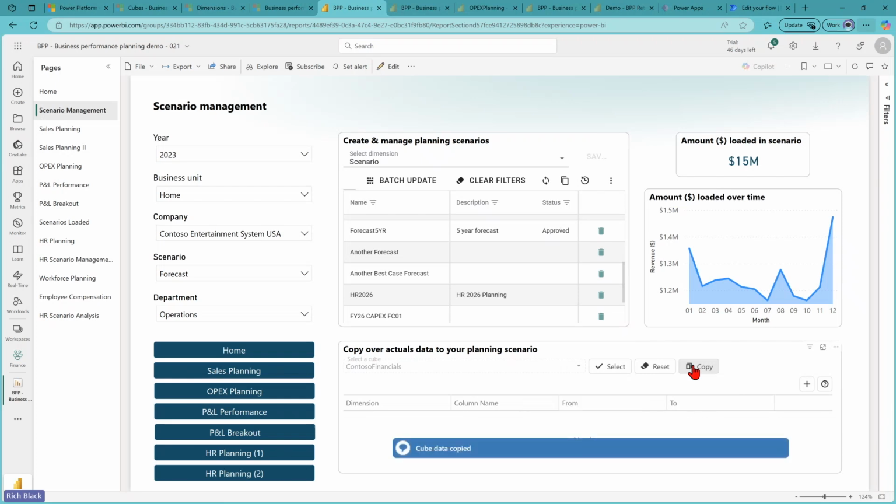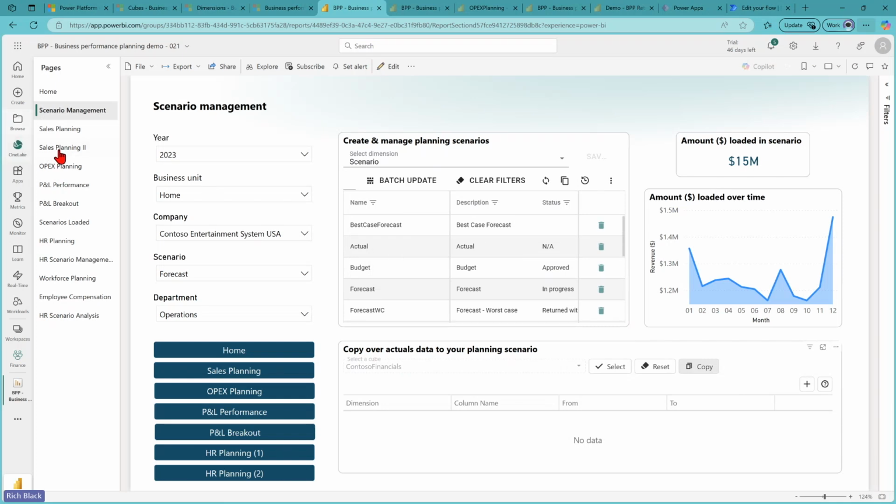Now, most organizations in their planning process do want to bring those historical values forward and use those as actuals to work from. But of course, we can work with zero-based budget planning scenarios as well. But let's imagine that we've got that copied over now. As you saw, that copy was successful. We're going to continue working, though, with a forecast that we've got ready here. And we're going to now kind of change hats and look at this from the perspective of a